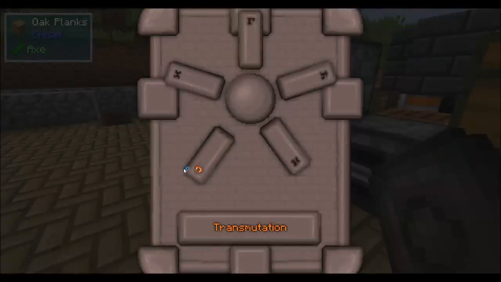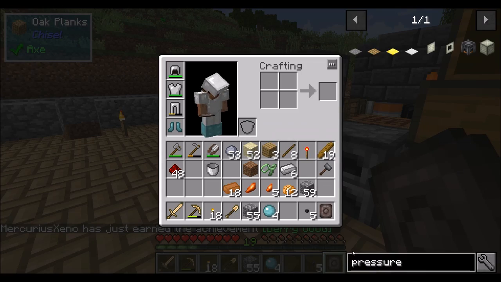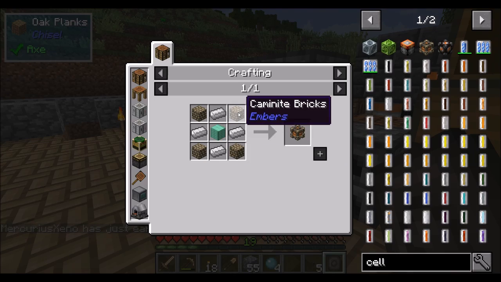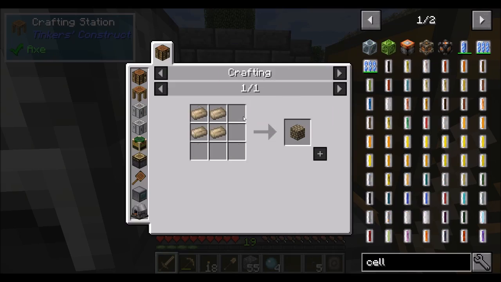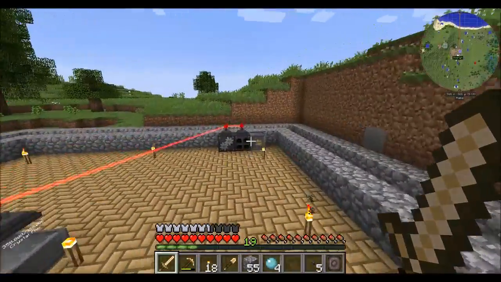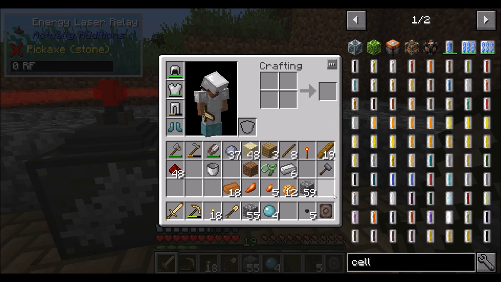Does that sound cool? Copper cell. Block of copper and some Caminite blocks. 4 of them, so it's gonna be 4 sets of that Caminite stuff. And while that's cooking, I'm gonna see if I need